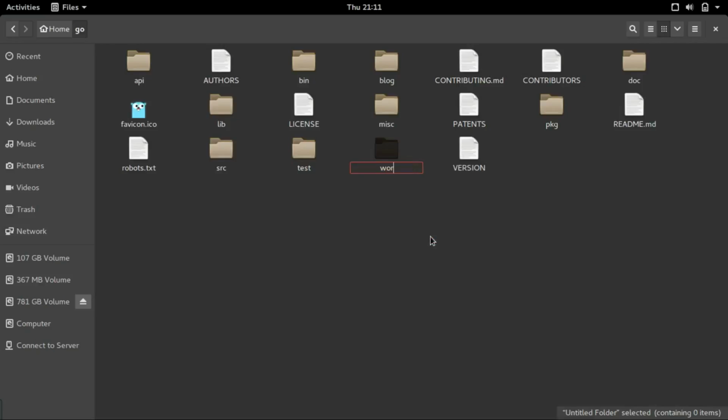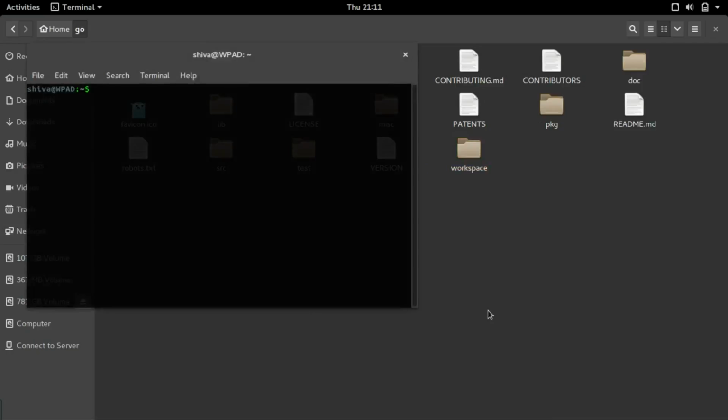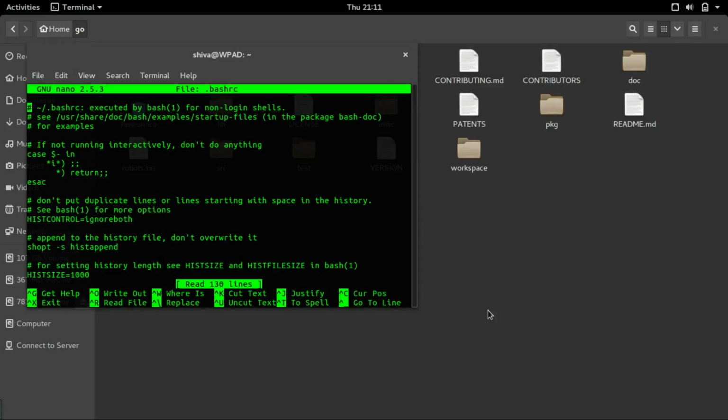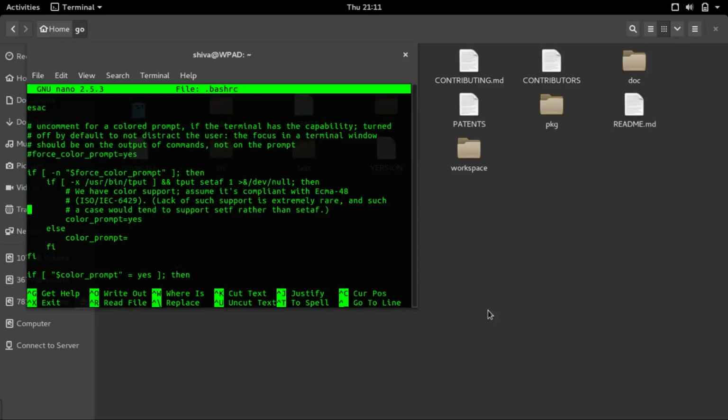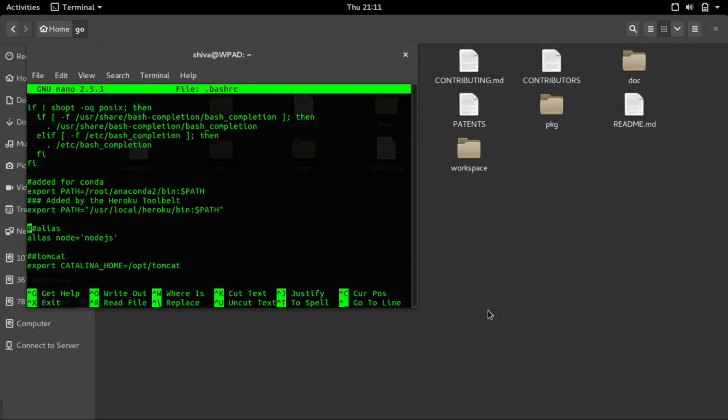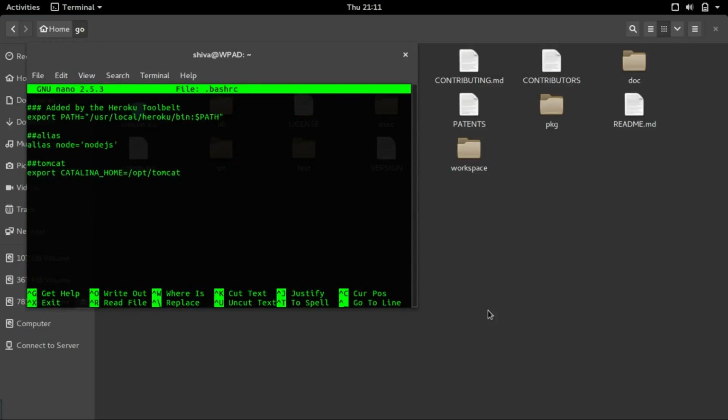Workspace. Let's set the path to go root and go path. I'll use nano to edit the bashrc file. So let's go down. Your file may be a little bit different than mine, but it's okay.